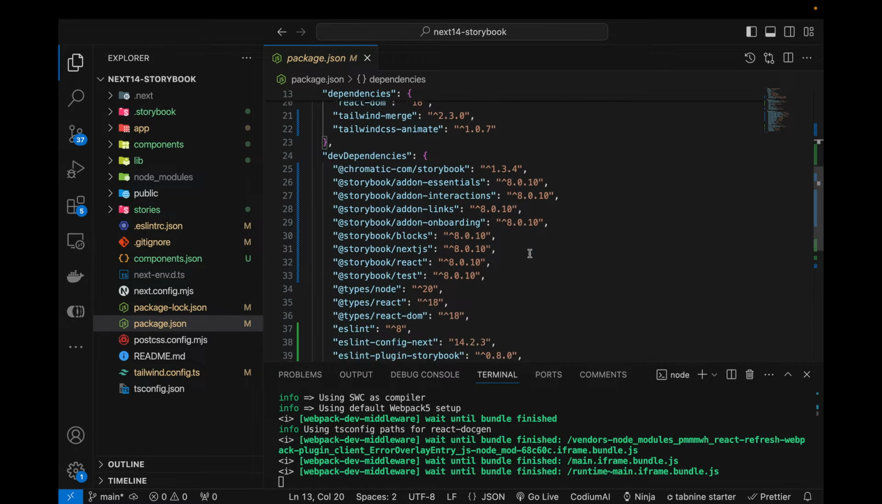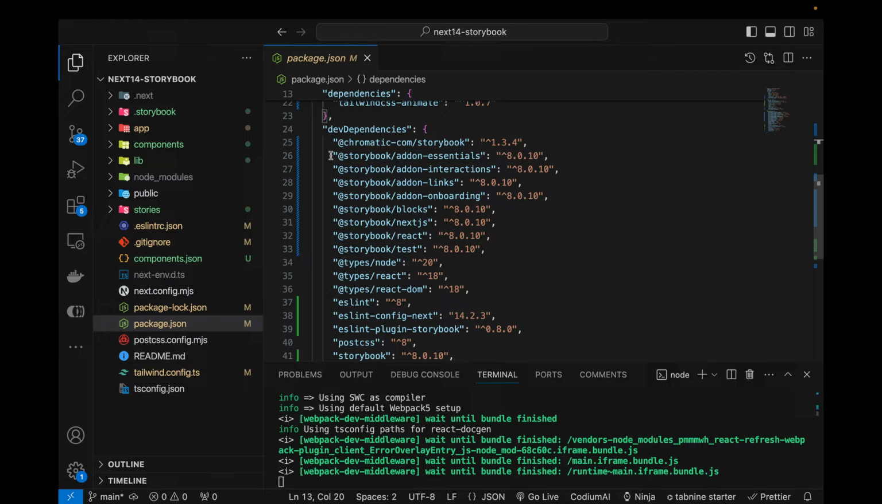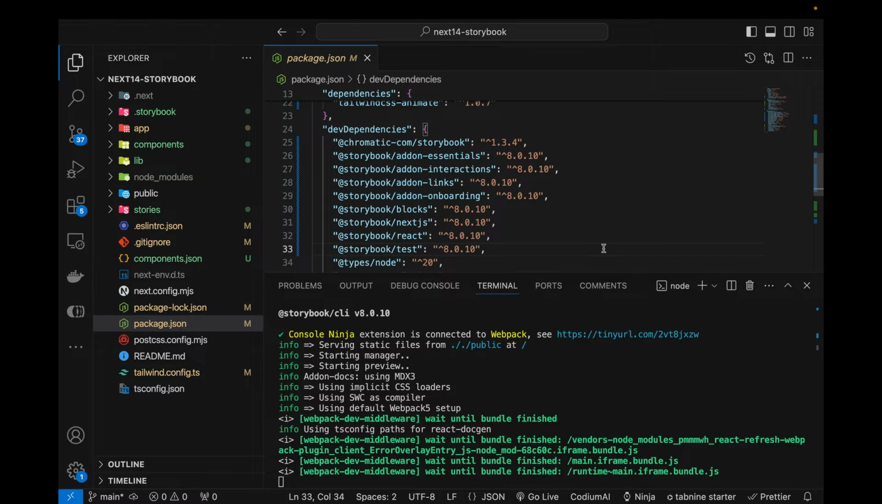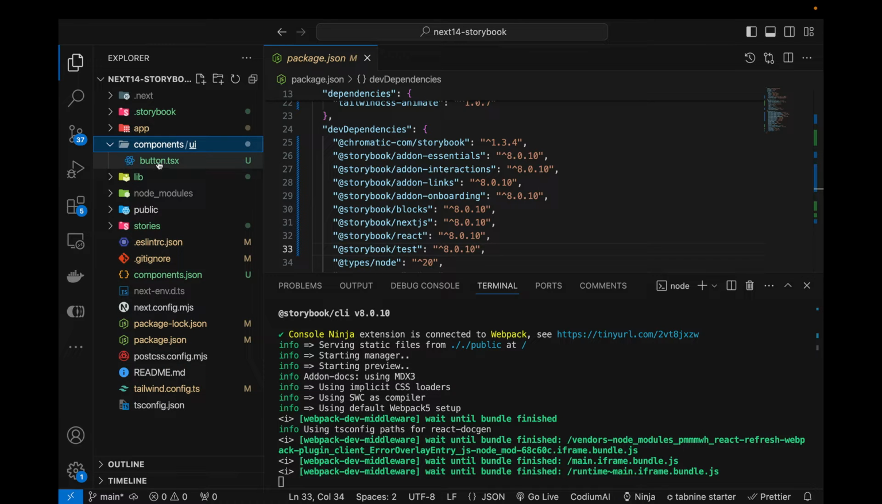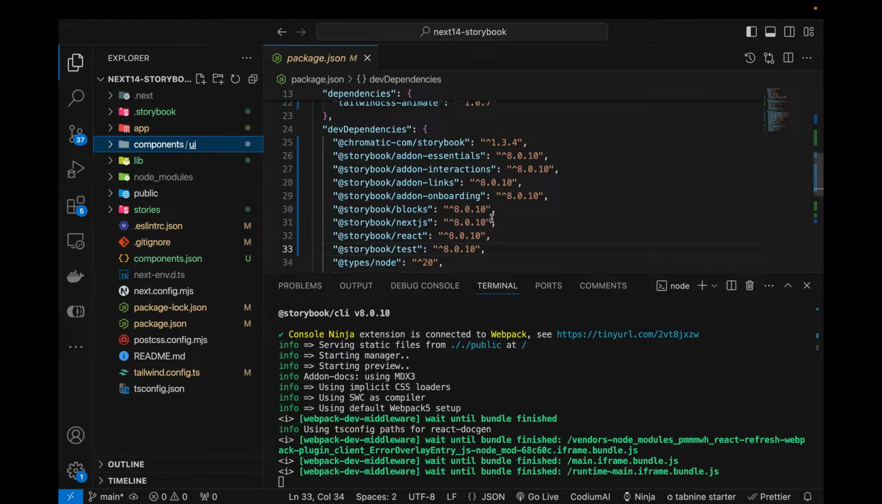And if I go down, you can see that it has generated all of these dependencies for Storybook, which I'm going to be using while writing stories for my components, which I've created from the Shadcn UI library. You can see this is the button component, but before that, let's go and check out